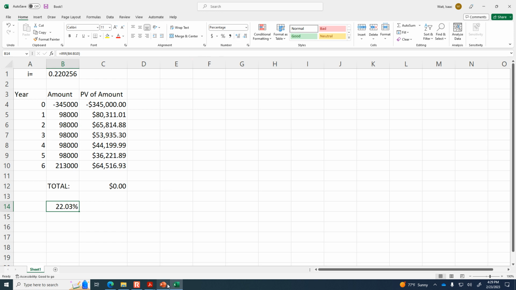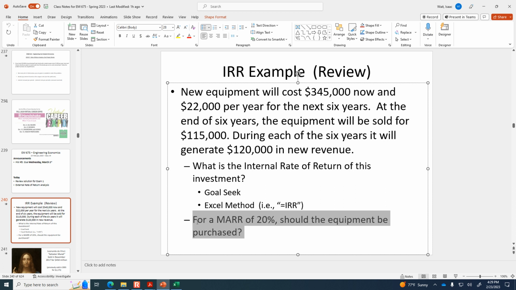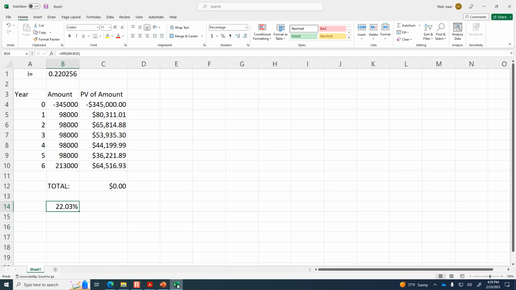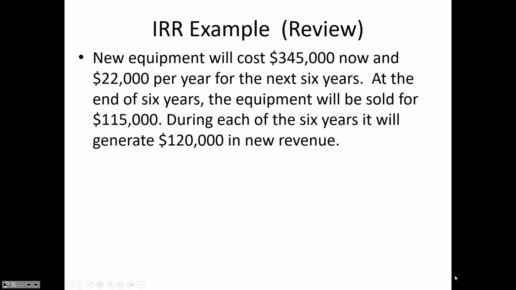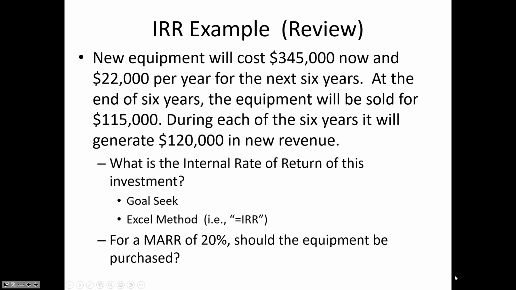So the question posed here is, if your MAR is 20%, should the equipment be purchased? If your minimum attractive rate of return is 20%, then yes, you should purchase the equipment because it has a yield of 22%. We use the internal rate of return for initial screening. We wouldn't use the internal rate of return for selecting an alternative if there are multiple alternatives. We'll come back to that, and we'll do an illustration on why we can't use the internal rate of return to select alternatives